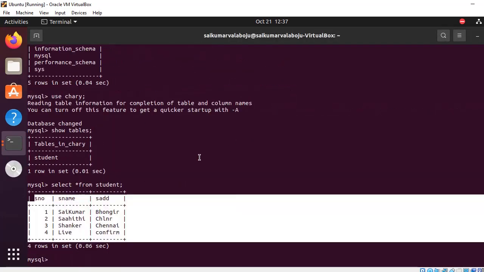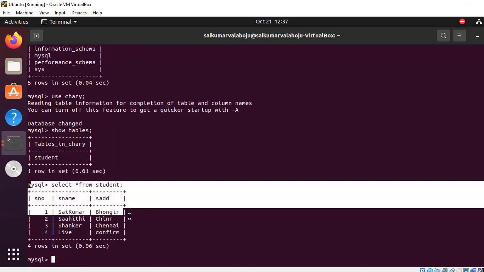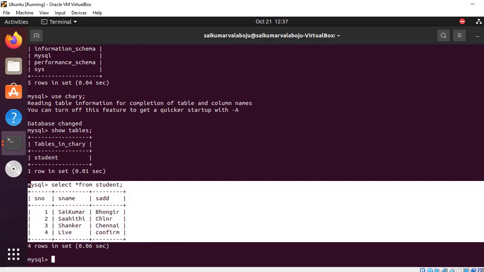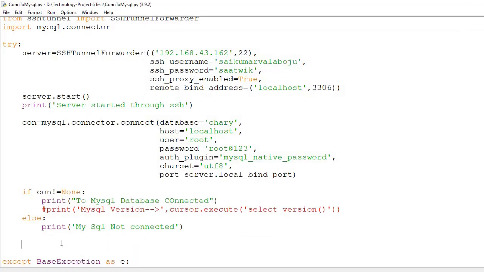So now my requirement is I want to fetch these records from the remote database. So observe here. First of all, to get the details from that remote database, we have to create one cursor object: cursor is equal to connection dot cursor.